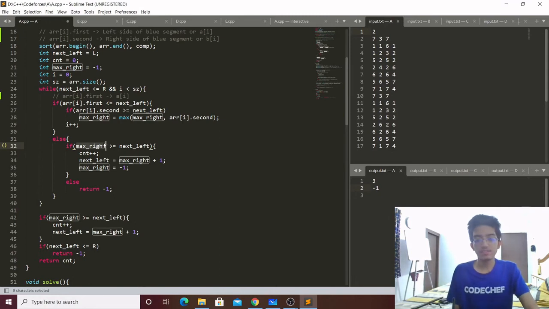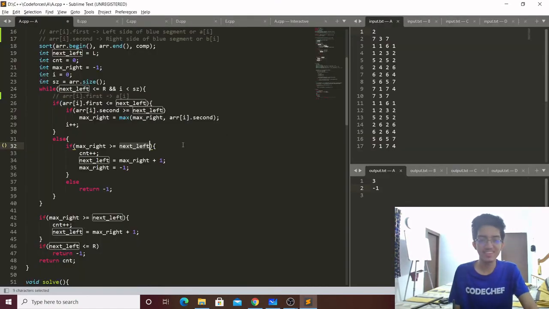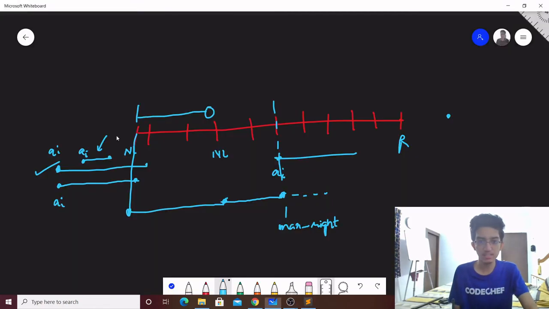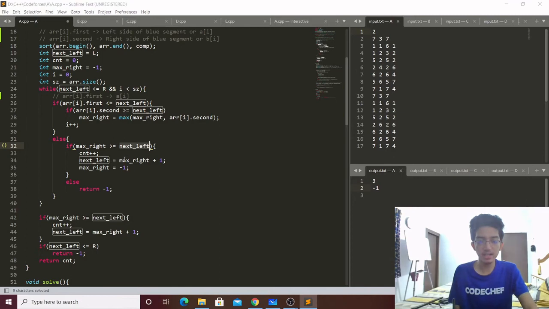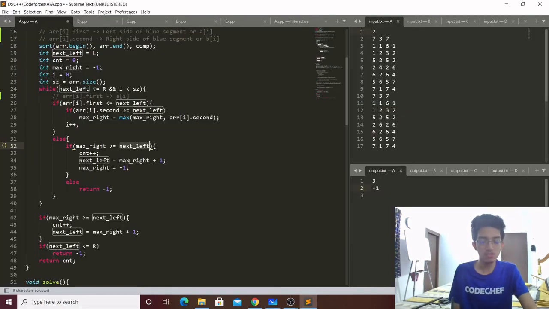So if our max right is greater than or equal to next left, so basically we have covered some regions post next left, then in that case we want to select that snake which has made it possible. So in this case this is a snake that we want to select, and then our next left would be, what, this was a max right. So basically we have covered everything till here, and so we want to cover everything from this position on. So our next left would be max right +1,